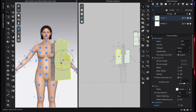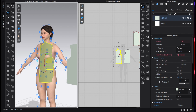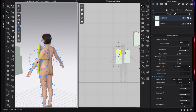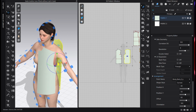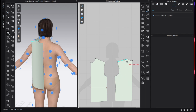So then I click on the front piece and then I click on my front part, one of these circles, and I see it's going into the body, so I change the offset in the property editor to 65. When I increase this number, the curve of the piece become less. And this part I click and bring it to the back, change the offset to 65. Okay, now that it is on the right position, I can start sewing with the section sewing tool or N. I sew the shoulders, then I sew the side seams,